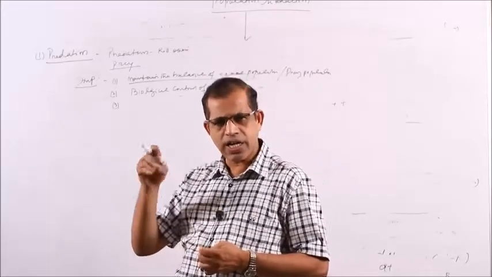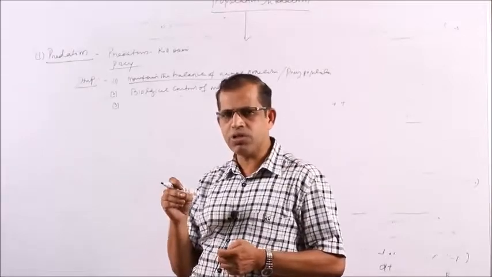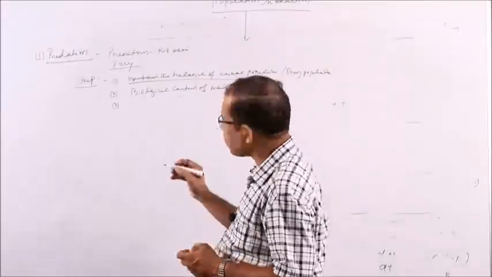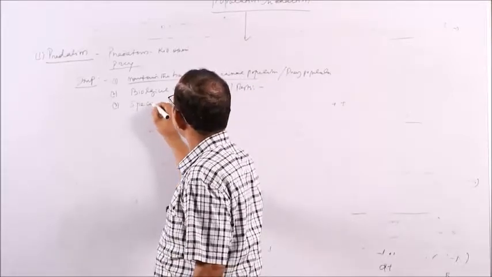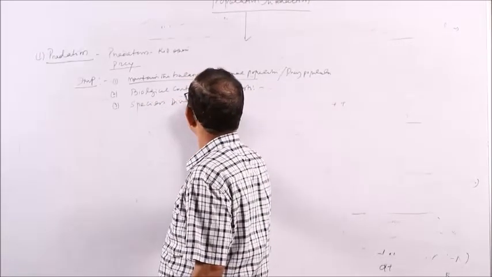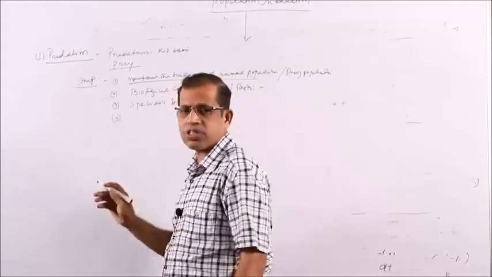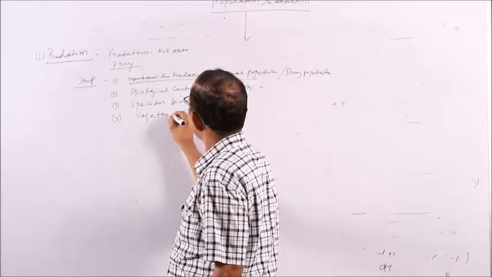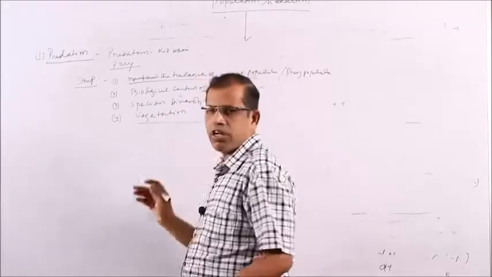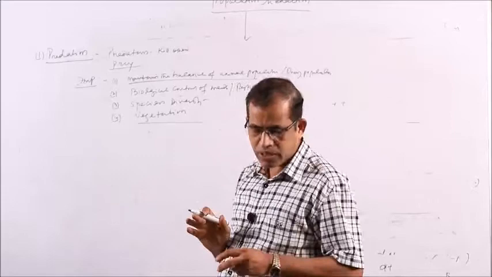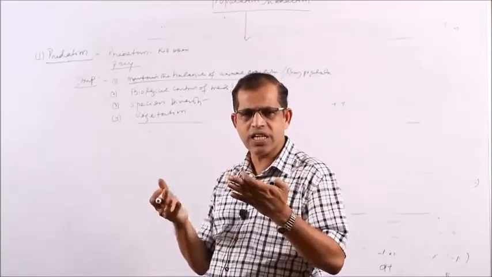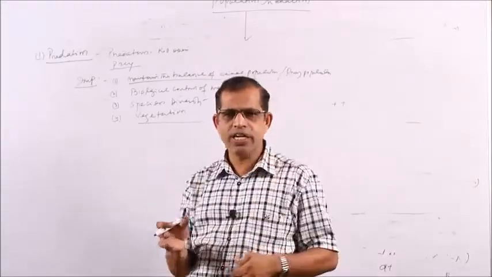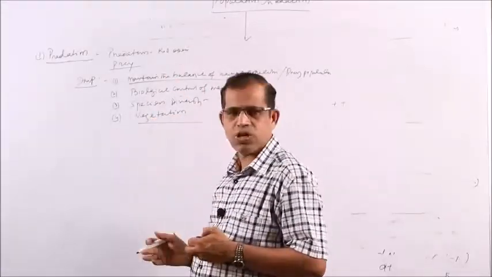So to kill certain organisms, you have to apply certain other organisms. Similarly, the third one is that it maintains the species diversity. By this you will find the diversity of the species will be there. It will also help in maintaining the vegetation. If a particular herbivore population increases, the vegetation will decrease. That's why if there are carnivores, they will take these herbivores, so vegetation will be maintained.